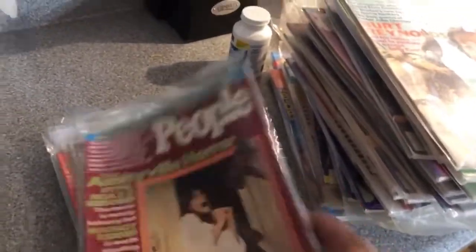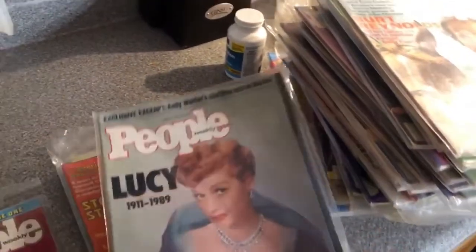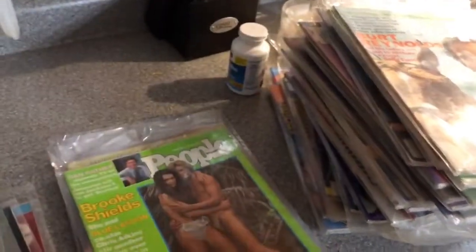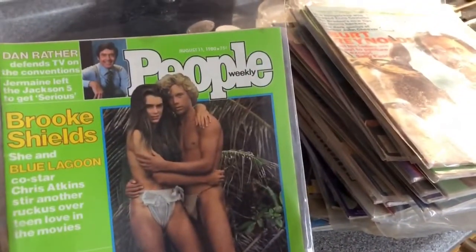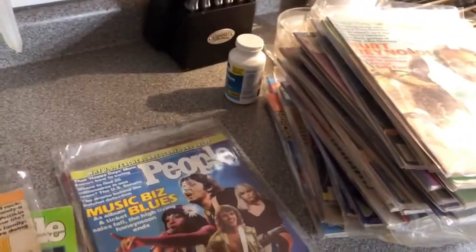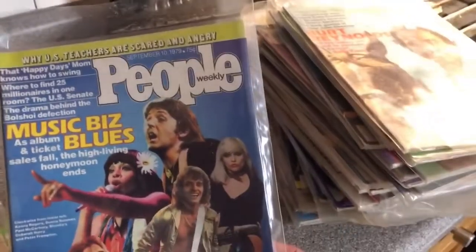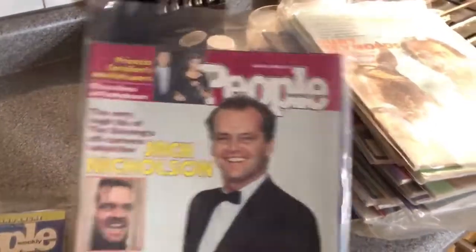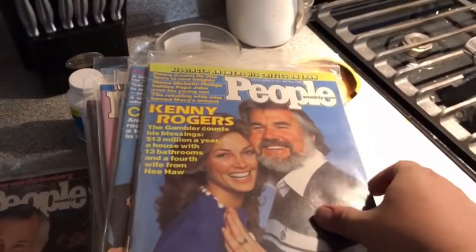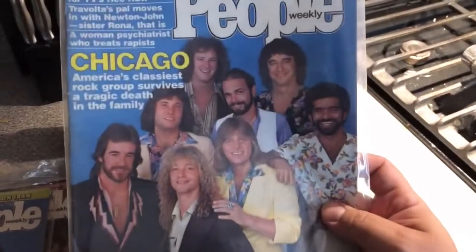And I went through the stack, and Amityville Horror 1979, Lucille Ball 1989, Star Wars 1980, Blue Lagoon 1980, 1979, James Bond. That's got Paul McCartney and Peter Frampton on the front of it, 1979, and The Shining, Jack Nicklaus, 1980. And then the rest of these I'll probably lot together, but it's People magazine, Chicago,